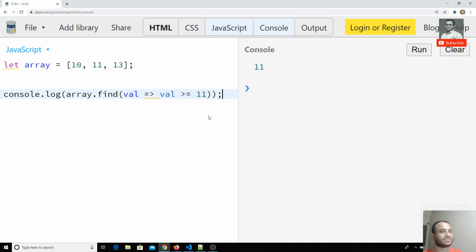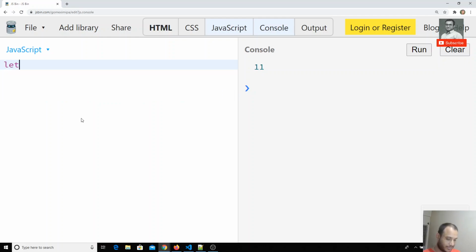With this type of find behavior, we can also find in an array of objects. For example, here we have numbers, but if we have objects, then what can we do? Let's write a simple example.